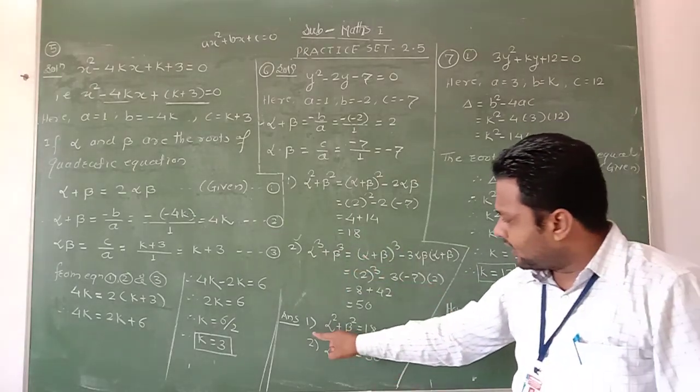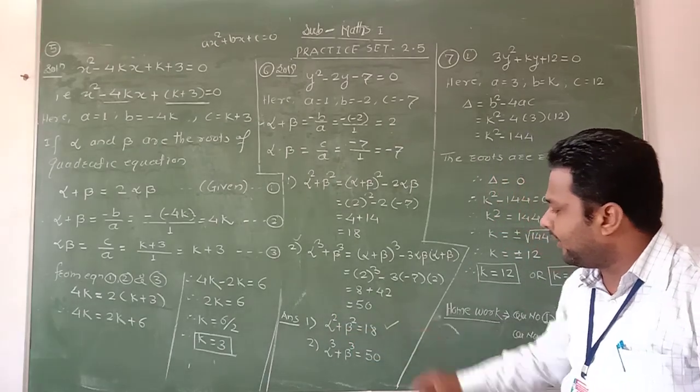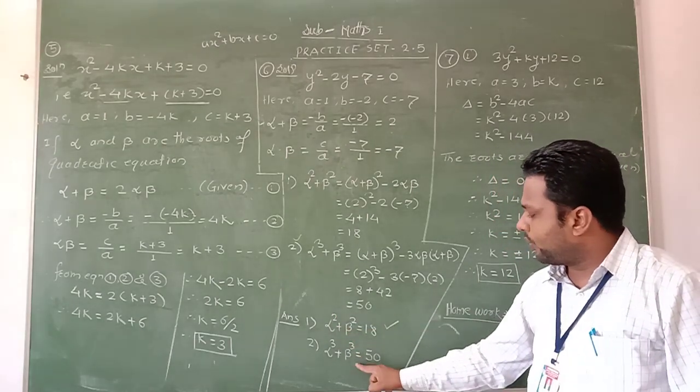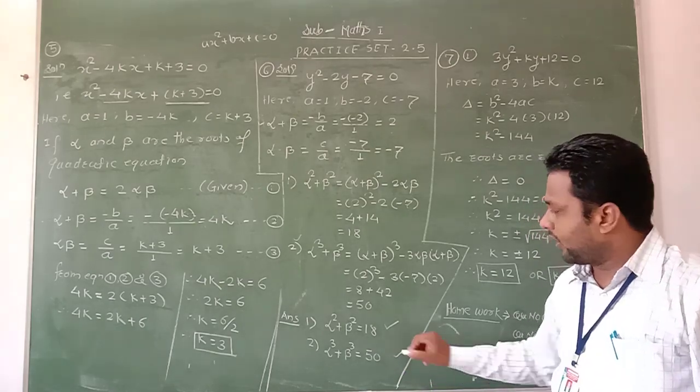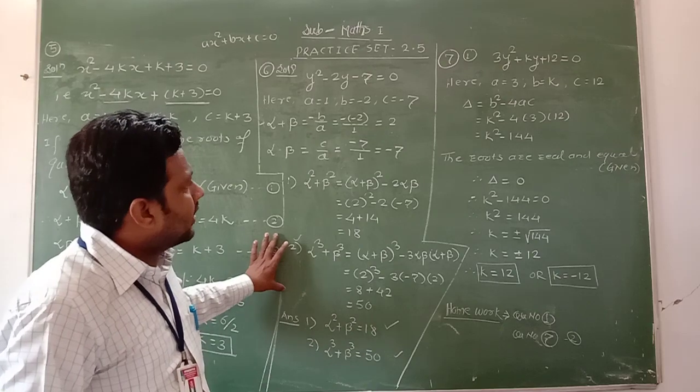Now our final answer is: first, alpha square plus beta square we found to be 18, and alpha cube plus beta cube is equal to 50. Then after this question, here I take